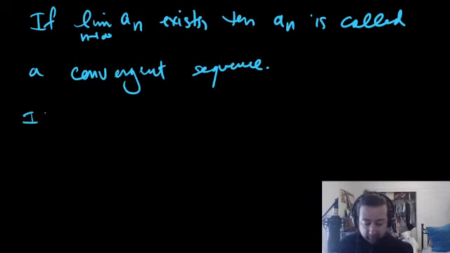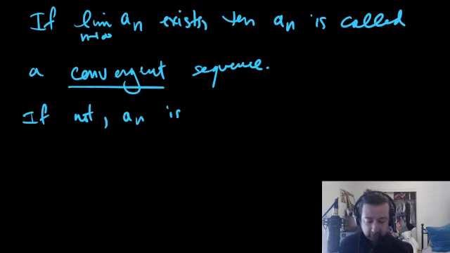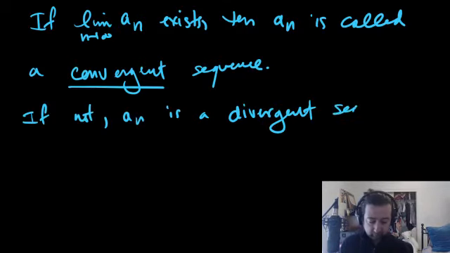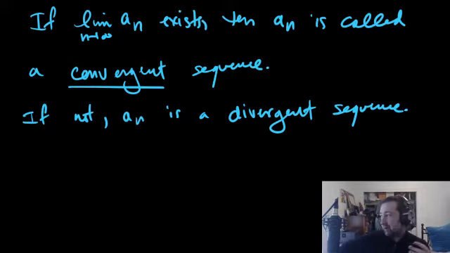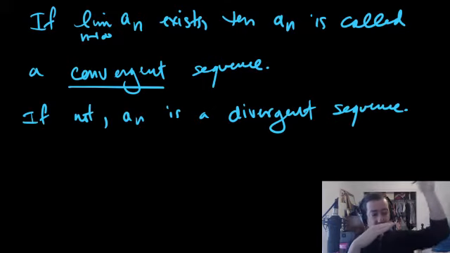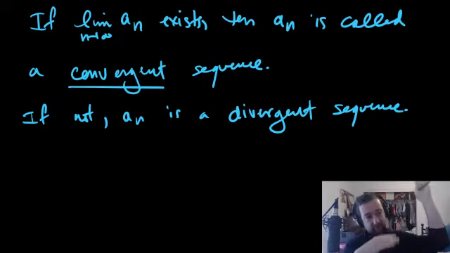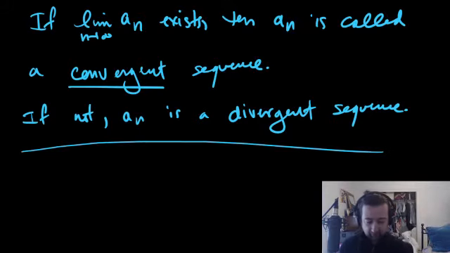If not, an is a divergent sequence. And then there's this weird borderline case where sequences can be said to converge to infinity. Right? So to converge to infinity means the sequence gets arbitrarily large. Everything in the sequence gets arbitrarily large. You draw me some line, this whole sequence is above that line forever at some point. Right? So there's this borderline case